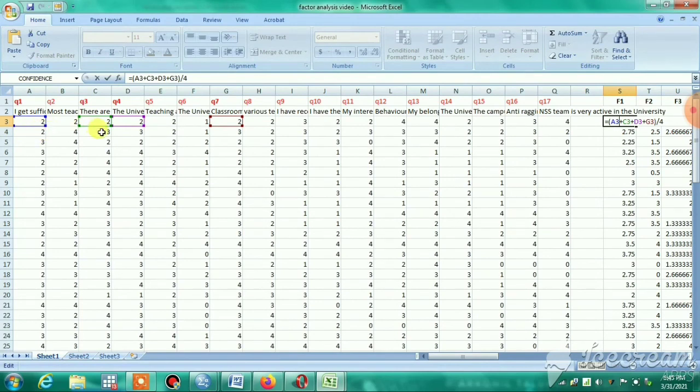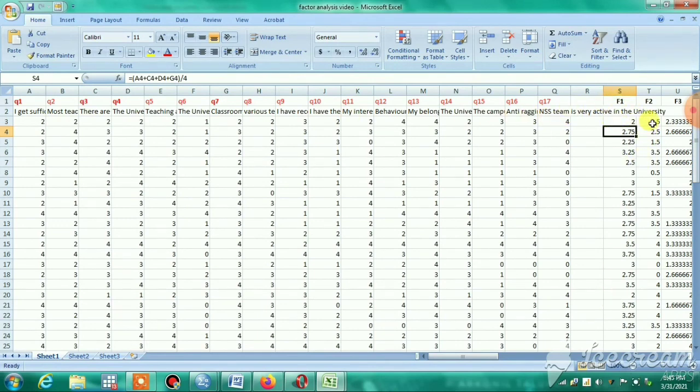That means for the first respondent, we take the values provided for these questions and then take the average. After taking the average, we get this particular value, 2. In this way we can calculate the factor score for factor 1.